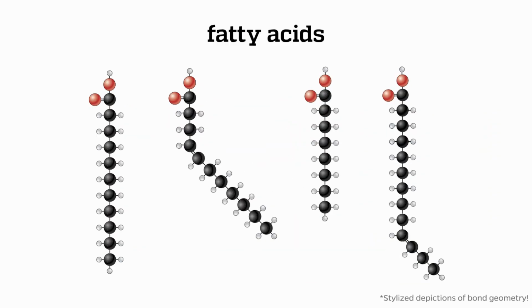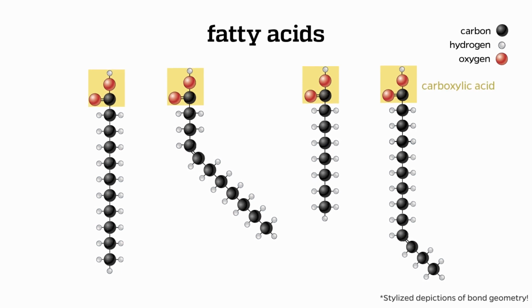There are many different kinds of fatty acids, and different types of fatty acids will give food different textures and properties. All fatty acids have the same basic structure. They're all chains of carbon atoms, generally with 2 hydrogen atoms attached to each carbon. You can see that at the tip of each fatty acid is a collection of atoms called a carboxylic acid, hence why these molecules are called fatty acids. Fatty acids can differ from one another in important ways. For example, some fatty acid molecules are long, and others are short.